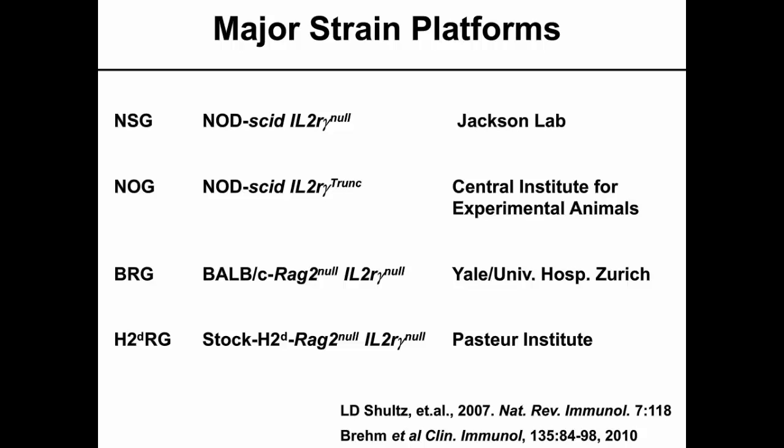There is also the BALB/c RAG2 knockout gamma chain deficient mouse, which we refer to as the BRG, which is often used at Yale and Zurich. And there's an outbred H2D background mouse with the RAG and gamma chain mutations, which is often used at the Pasteur Institute in France. All these animal strains will engraft with human cells and tissues, and you can generate human immune systems in these mice. But in our experience, we've had the best success in mice on the NOD background with either the SCID